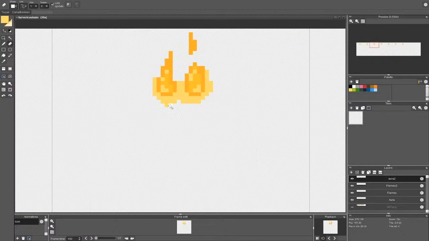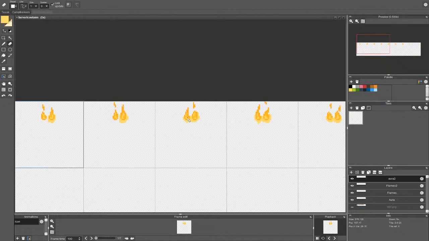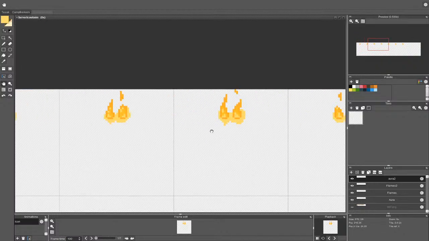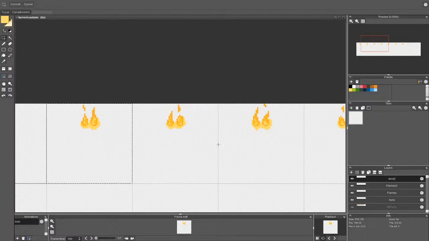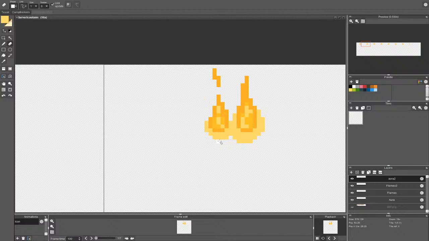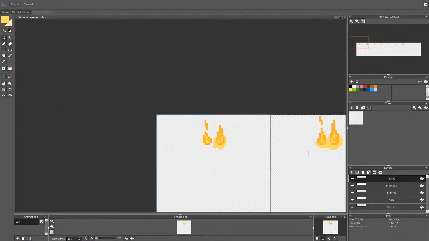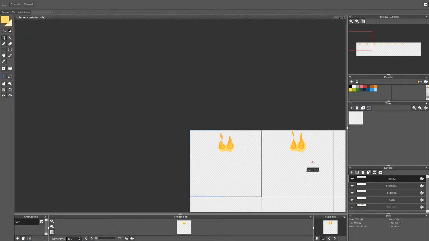And let's do it like this. Increase it on this side. And the last frame for aura is this frame, and we are going for a little bit of this.